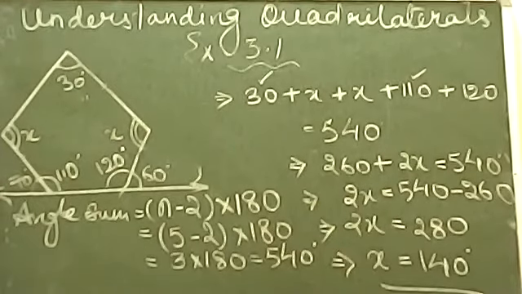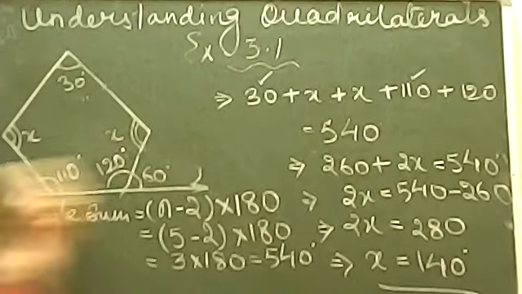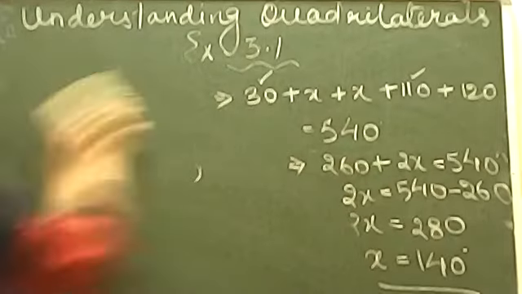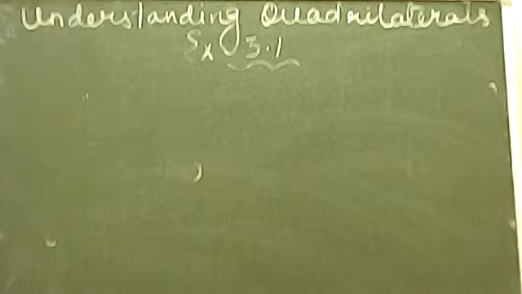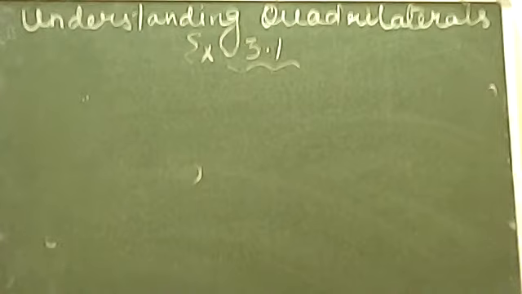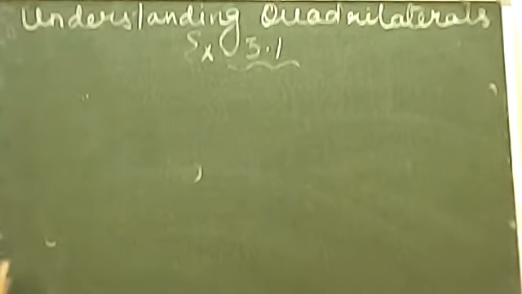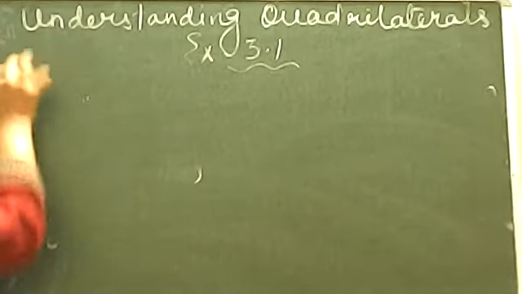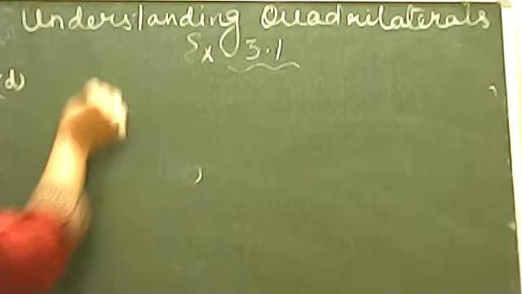Now let's move on to the last question, that is the fourth one from this one. Now it is again the figure given. The figure is now 1 2 3 4 5. It is also a 5-sided figure. और अभी हमने just 5-sided figure का angle sum find out किया था.